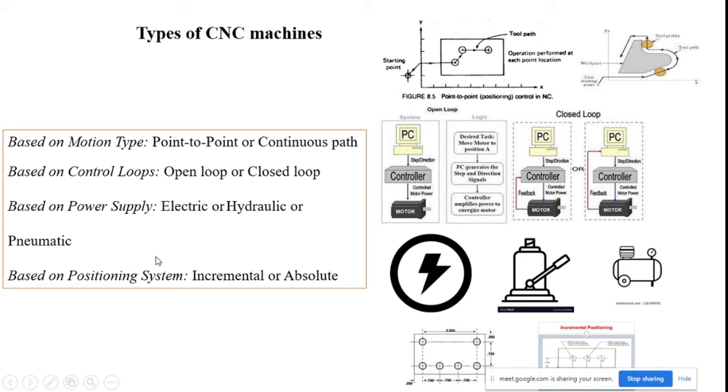And then, based on positioning system: in your engineering graphics subject you may also have studied what is meant by incremental dimensioning and what is meant by absolute dimensioning. Incremental positioning means you always follow the previous point to identify the next point. If 3 points x1, x2, x3 are available, I can fix x1 as the origin to fix x2. To generate the x3 point, x2 is the origin, and from that x2 origin point I can generate x3, which is known as incremental. And then the second type of positioning system is also available, which is the absolute system.